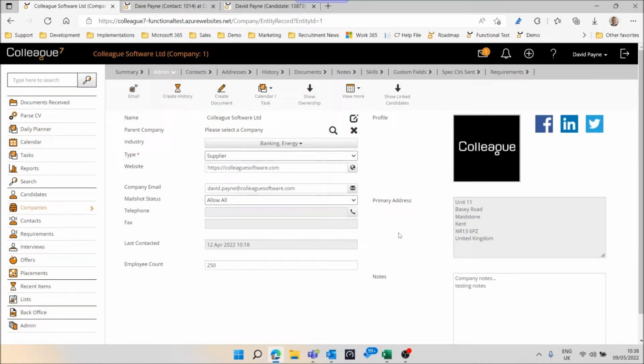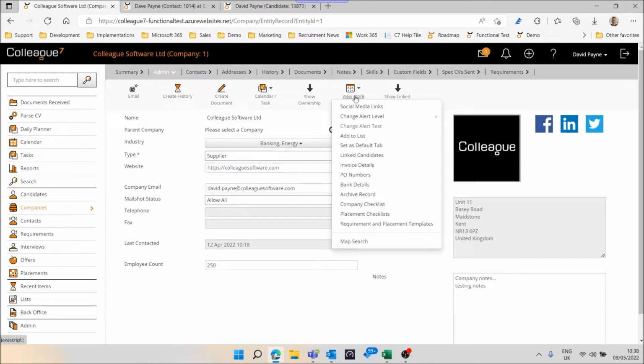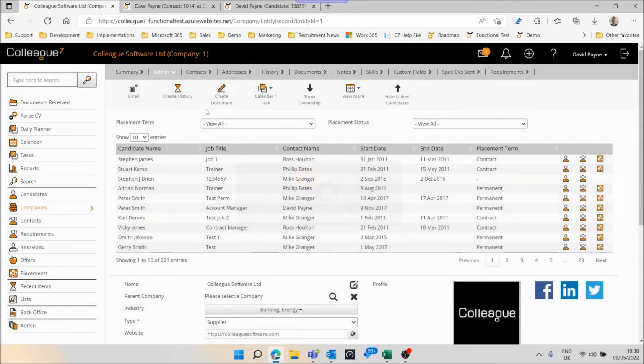So in this video we're going to go through linked candidates. Linked candidates is the functionality that's available on a company and a contact, and that's available off the View More menu. You'll have this option here for linked candidates. If you click that, effectively it will give you a list of all of the candidates that have been